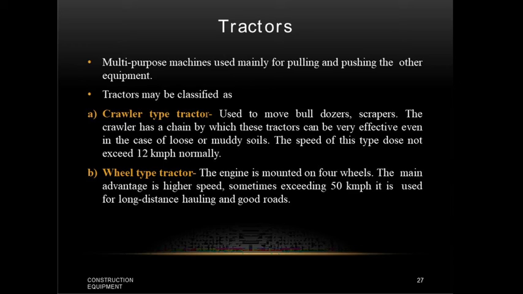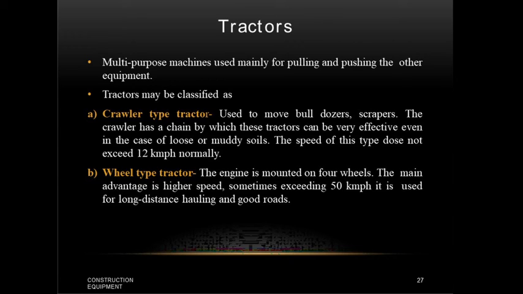Okay, and the next one is a tractor. Tractors are multi-purpose machines, mainly for pulling and pushing other equipment or heavy loads. These are also used for agriculture purposes, and tractors are classified into two types: the crawler type tractor and the wheel type tractor. Crawler type tractors are versatile equipment used to move the bulldozer, the scraper and wagons on rough road. The crawler has a chain by which this tractor can be effective even in loose or muddy soil. The speed of